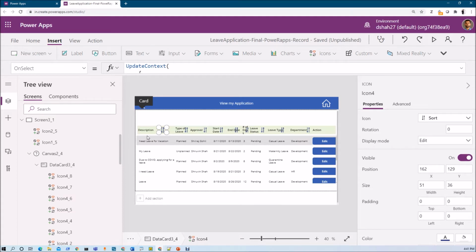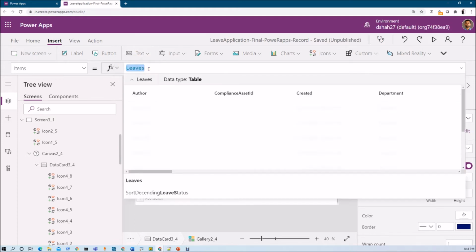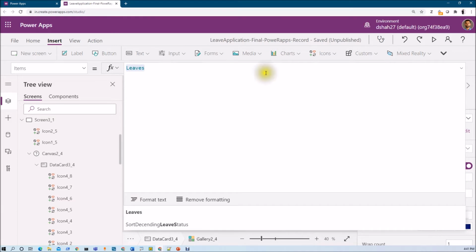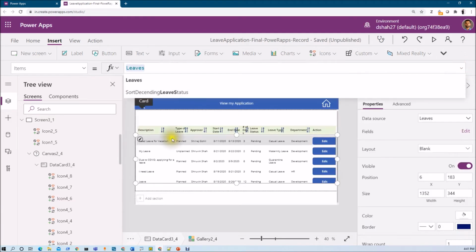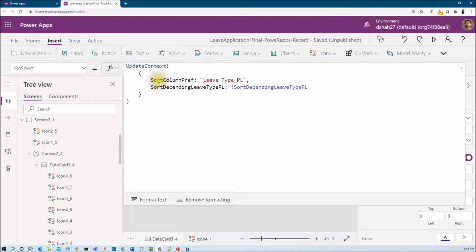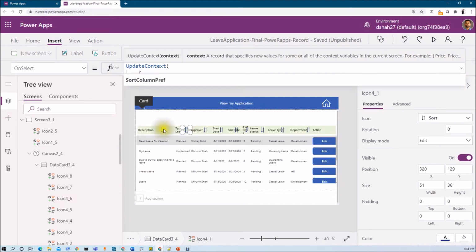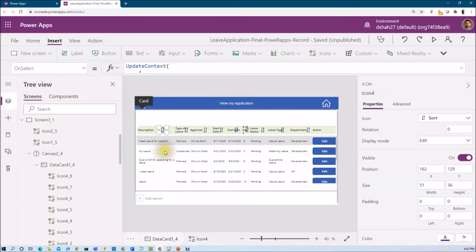Now let me explain how we can do that. For that we need to manage one switch operation here. How do I know which sort function we need to call, right? For that we have done this work. We can know that my click has been performed on this column, so I want to change the sort order based on that column, right? So this is something that we need to apply here.